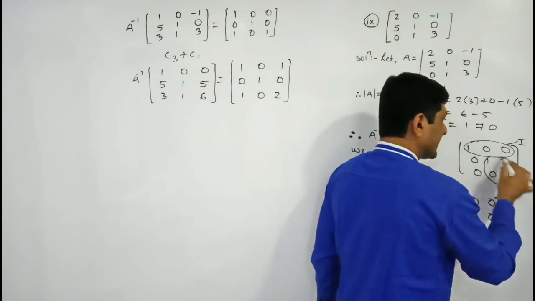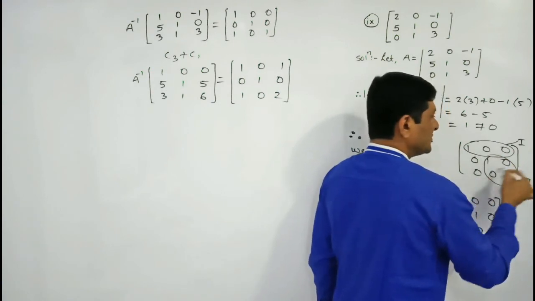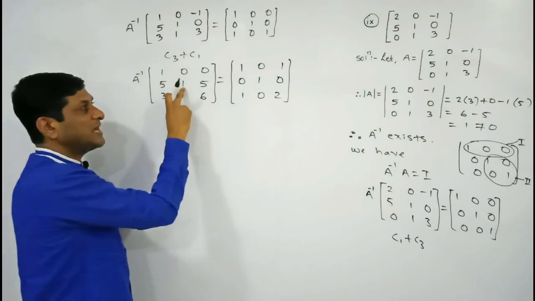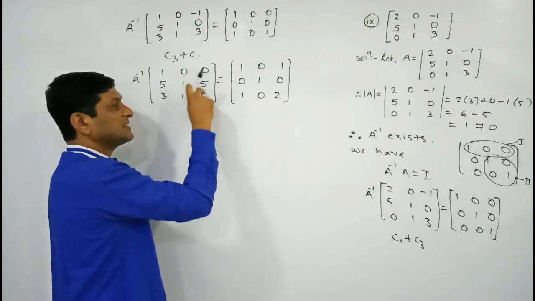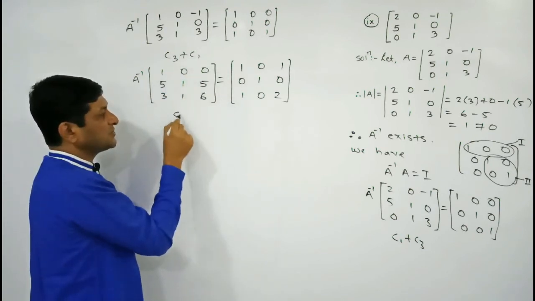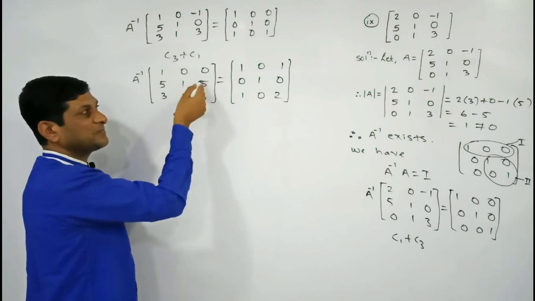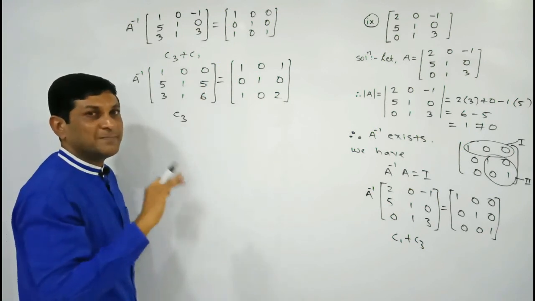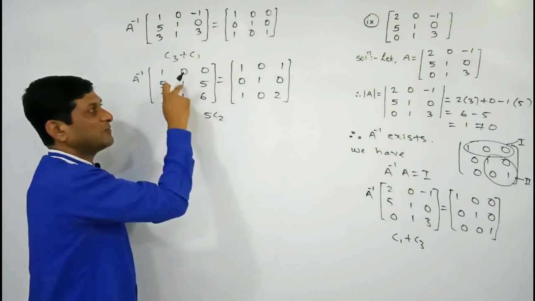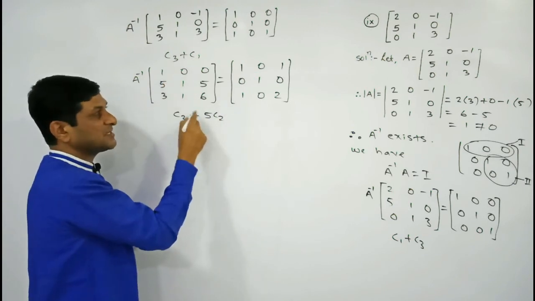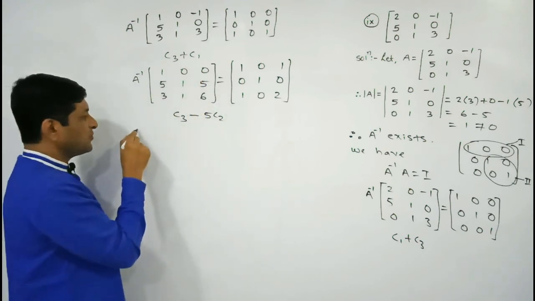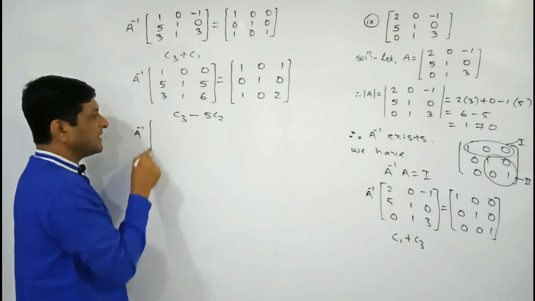Now this is our second step. The second step is to get what? 1, 0, 0, 1. So now observe here, we have already got 1 here. Now we are trying to convert this element into 0. So our operation should be on C3. So here 5 is there. From 5 we have to subtract 5. So we are multiplying C2 by 5, because C2 is what? 1. 1 into 5 is 5. And we have to take the subtraction, so that 5 minus 5 will become what? 0.